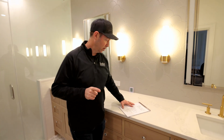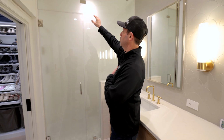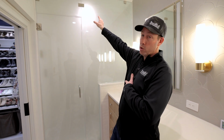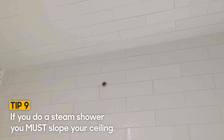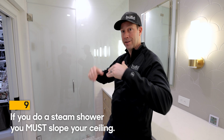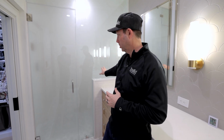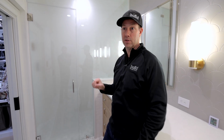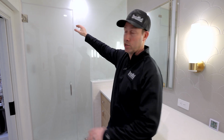Oh, I know. Next thing I want to mention, speaking of steam shower, it's a little steamy in there, so you're not going to be able to see right this second, but I've sloped the ceiling inside the steam shower, and that's on purpose. Oftentimes, steam showers that have a flat ceiling, you get complaints from your clients because condensation will form on the ceiling and, because it's flat, drip down onto the person who's on the bench getting a steam shower. So you want to slope the ceiling of that steam shower